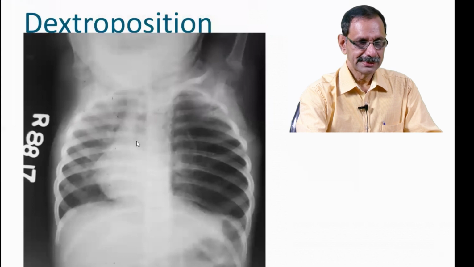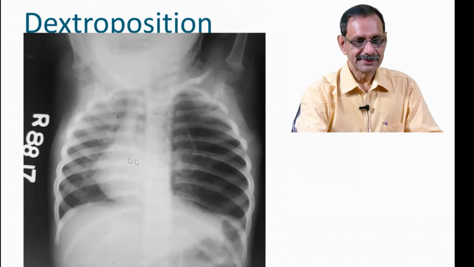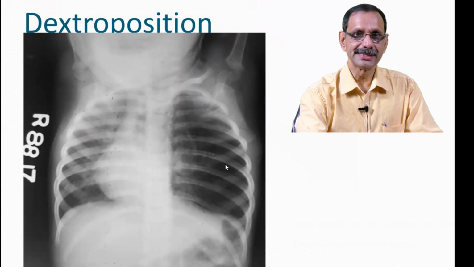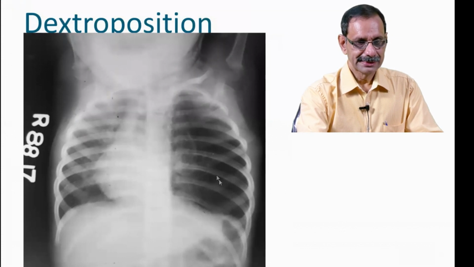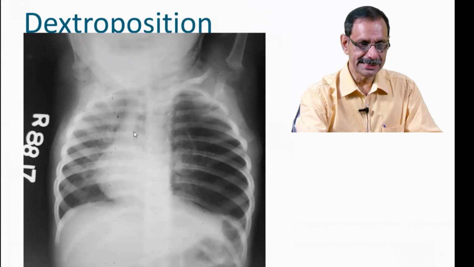Now here, this border appears somewhat like the left heart border only. So is it not dextrocardia? Now see whether there is something pushing the heart to the other side. See, here the diaphragm dome is not seen. It is flattened and in fact has become concave. So a lot of pressure is being applied here, and even the lung is herniating to the other side.